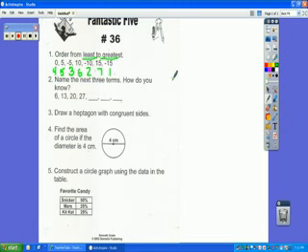Now, number 2. Name the next 3 terms. How do you know? Well, here's our pattern. I'm at 6 and I need to get to 13. If this is 6, what do I need to do to get to 13? Oh, wow. Here's a one-step equation. 6 plus what number will give me 13? I know that 6 plus 7